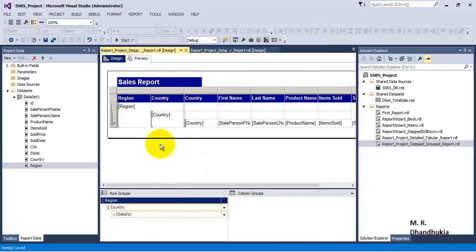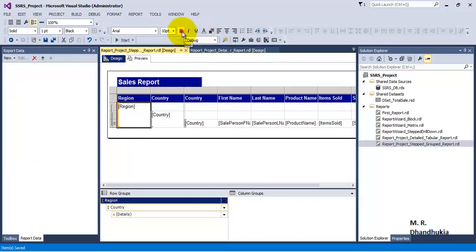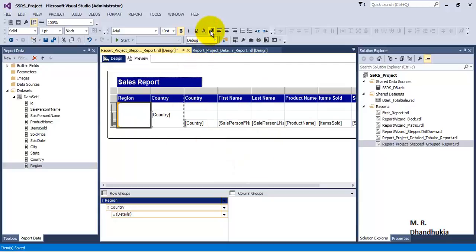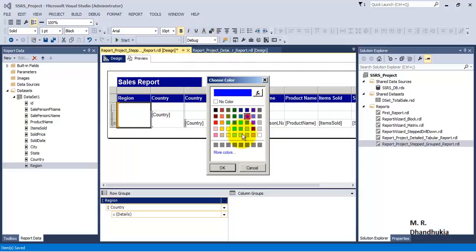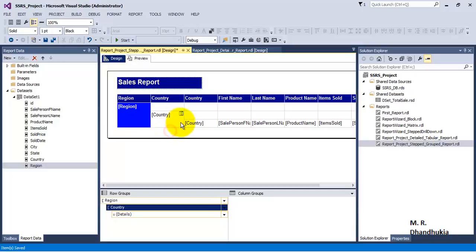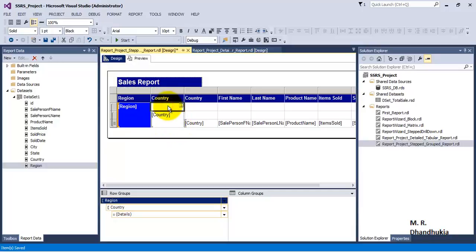Now let us do some formatting. Let us make it bold, make the color white, and make the background color dark blue. Now let's do some formatting for these cells also.